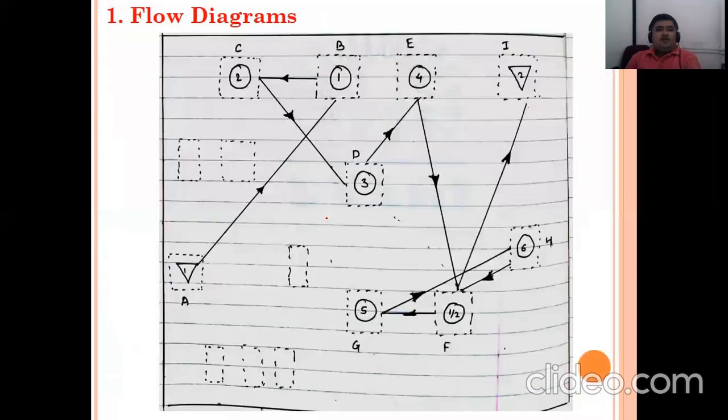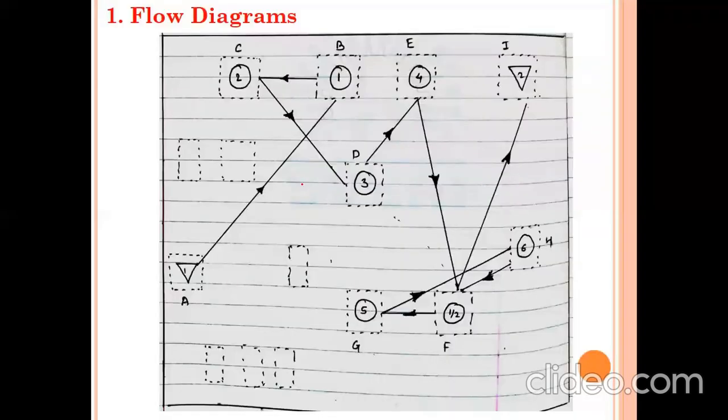Okay. So what does this particular diagram tell you? By looking at this diagram, what can you understand? This diagram tells you the sequence-wise flow: A to B, B to C, C to D, D to E, E to F, G, H, then I. Or F to I. Then in between, these dotted departments are not coming in this diagram.